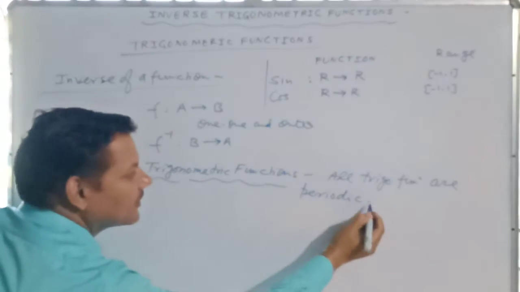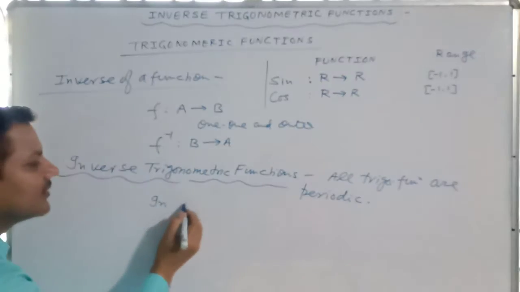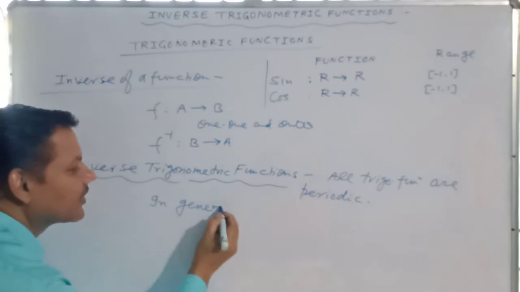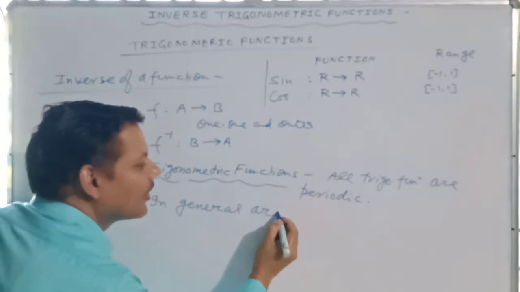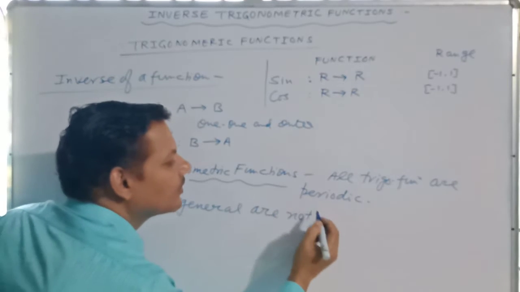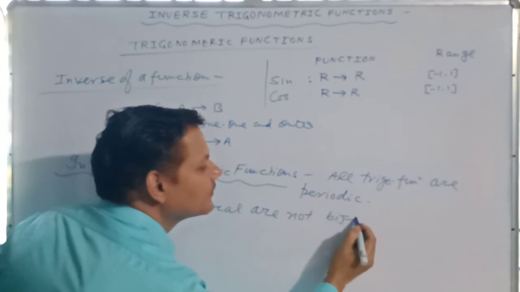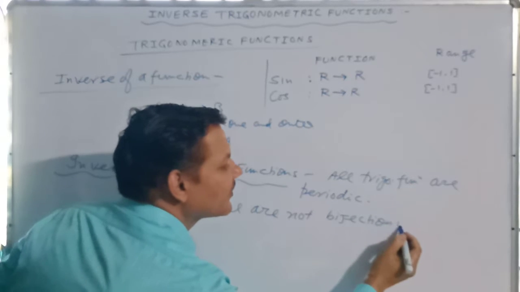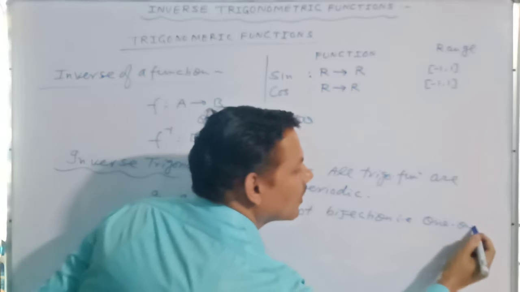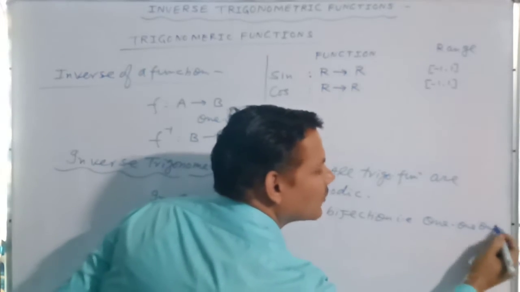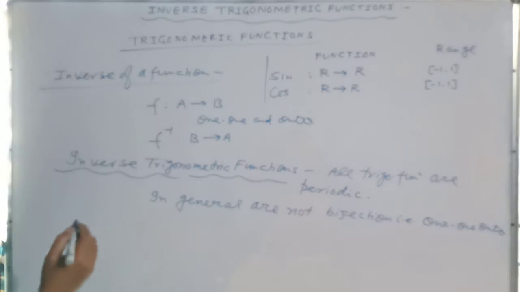So in general they are not bijections, that is one-one and onto. So their inverses